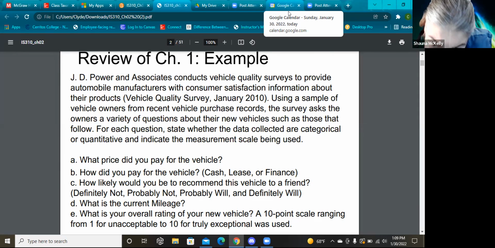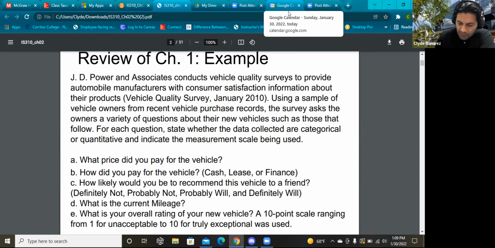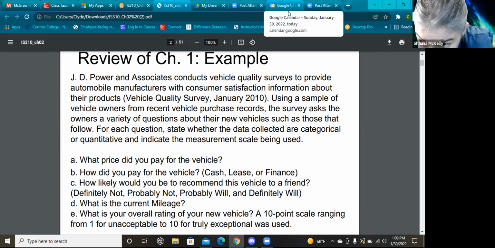What is the current mileage? Okay, here again, it's quantitative. How far did we drive? What is the current mileage, right? And in this case, are we looking at a ratio or interval? Ratio, because again, you could have something, I mean, it's not very common, but you're going to have an odometer, and your odometer should start at 0. Right now, it probably doesn't because you drove it around the showroom or whatever, but it started at 0. So it would be a ratio scale.